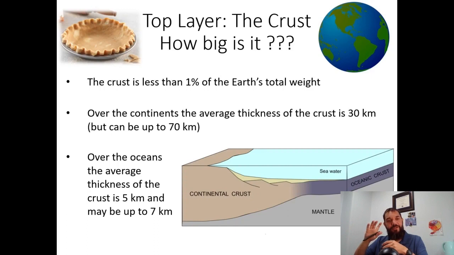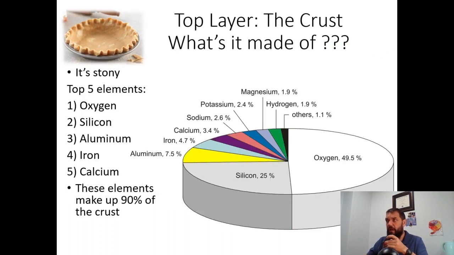But over the continents, the crust is thicker. So you can see the diagram here. The crust is shown over the continents, pretty thick. It's about 30 kilometers, whereas over the oceans, it's a lot thinner. Okay, so maybe it's only like 5 kilometers, something like that, maybe up to 7 kilometers. All right, so the crust,